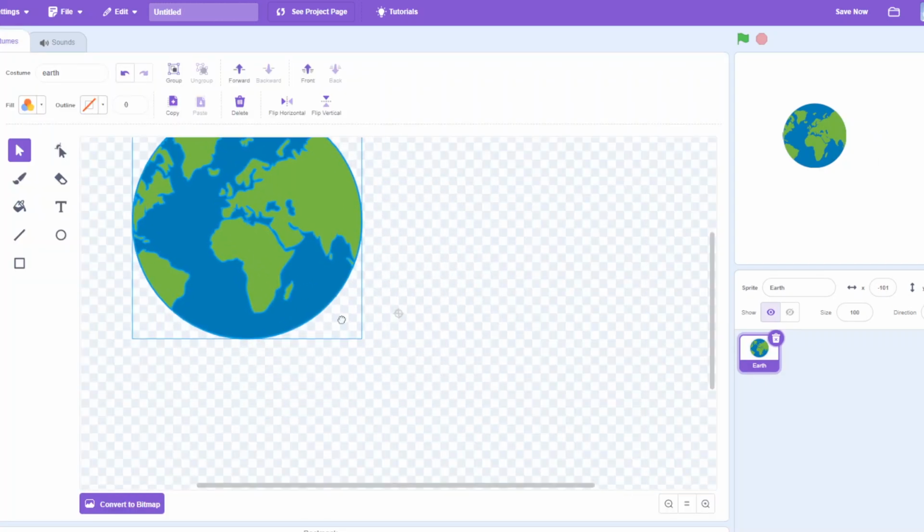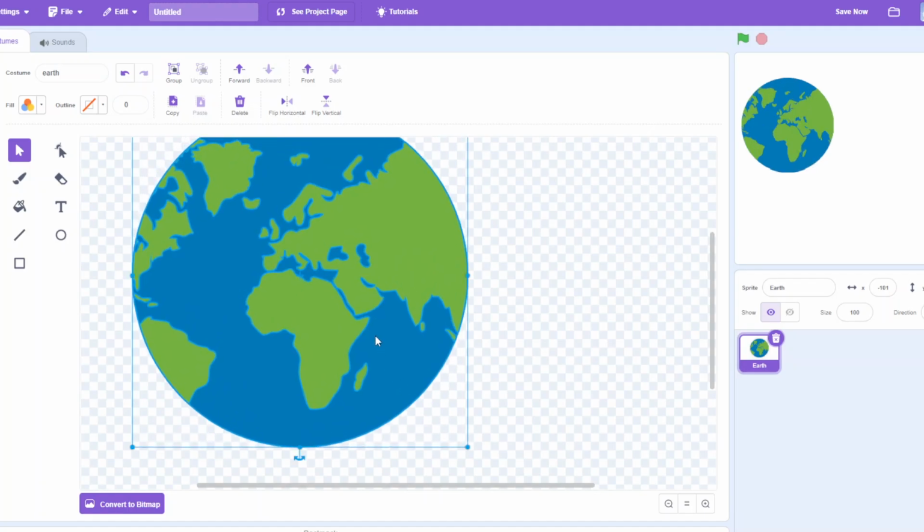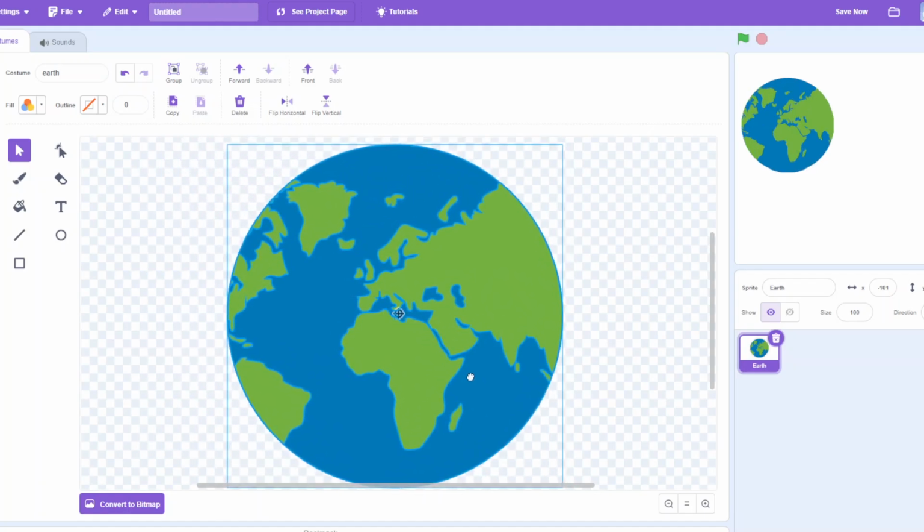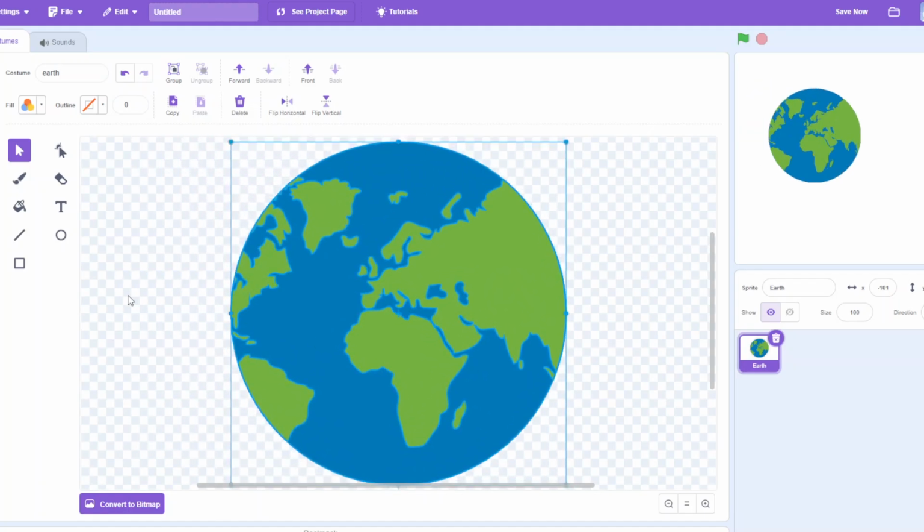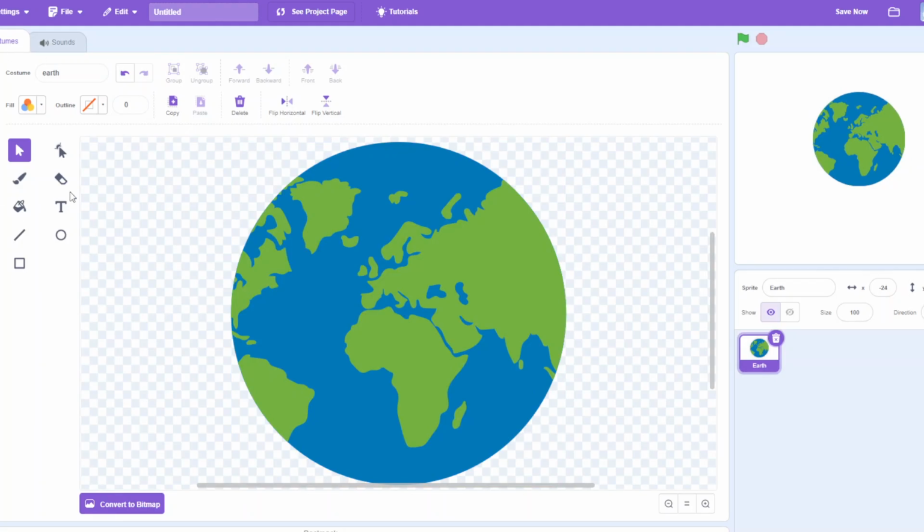So we can take it and we can make it bigger and we can center it just like this. And now we have our earth guy. I can give him some, why not? I'll give him an outline of 20 and I will